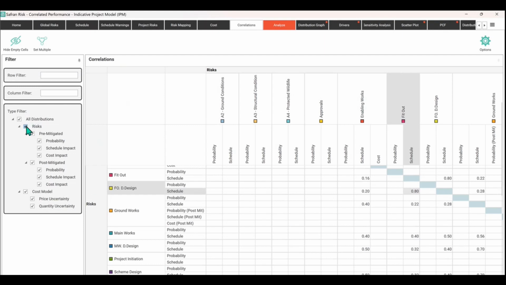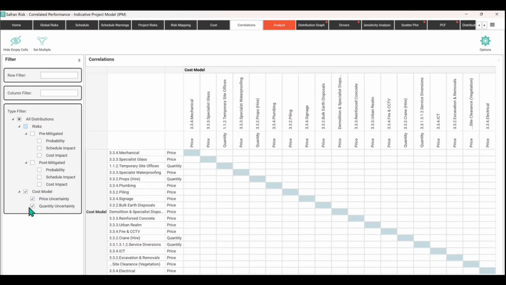But just looking at costs, I'm going to untoggle the risks for a moment. So we're just going to look at the costs. These are the different things, and if we wanted to, we could start correlating how the price of plumbing might be related to the price of something else on the matrix, or they might be inversely related, so there might be a negative correlation. If the price of one thing is high, then the other thing might be quite cheap and easy to get hold of. That would be how you would look at correlating these things,